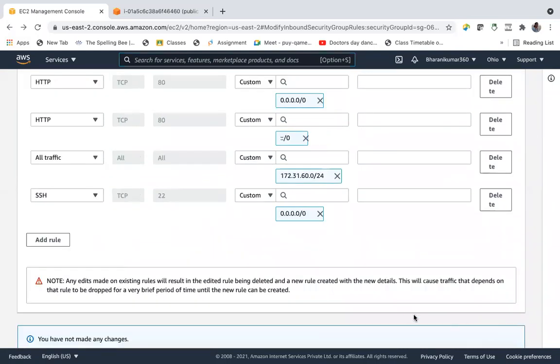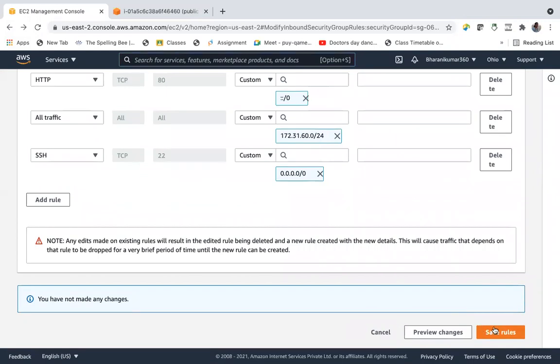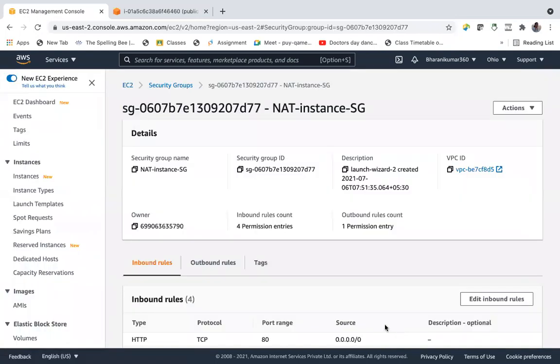Save rules. Any edits made on existing rules will result in the edited rule being created. Preview changes. Cancel.